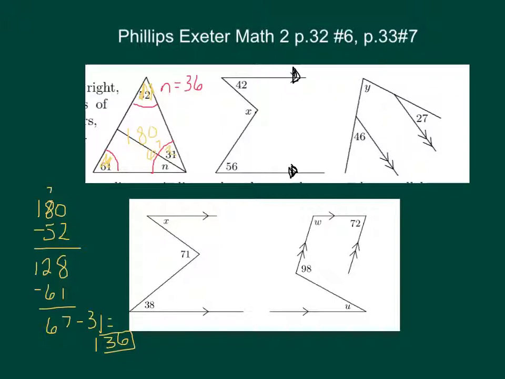So again, one way people do it is they'll extend this line right here. They'll say that this is one transversal, so this angle has to be equal to this angle via the alternate interior angle theorem. Once we get that, we can angle chase to x. So we'll go ahead and do it that way. So that means this angle right here would be 56. We can look at the whole triangle now, and we could do 180